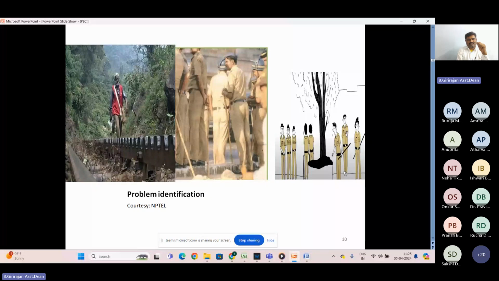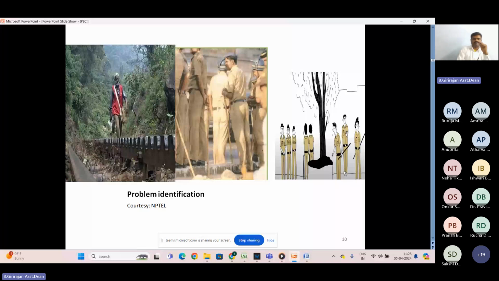On the left side, there is a person. He's a postman basically, serving in the hill station in Ooty, which we call Nilgiri Hills in Tamil Nadu. In the middle and right side, you can see police cops standing for a long time in a procession or public meeting or gathering. There is no seat for them, or they lack some facilities, and that causes poor performance in their duties, or they have some pain points.